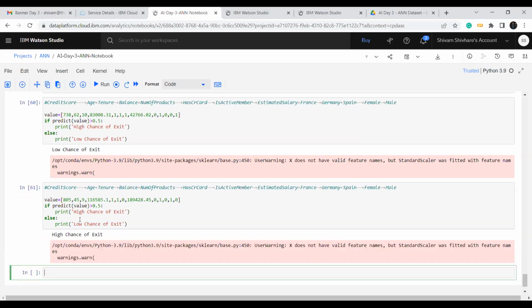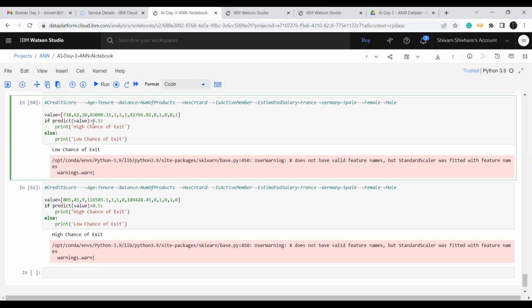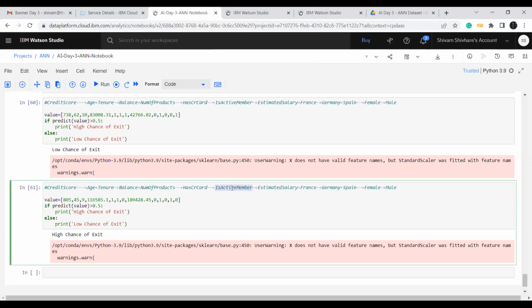And now run it. Here you can see we are having a high chance of exit from the bank for this customer. Based on this data, there are high chances of exit from the bank because he's not an active member. The credit score is good. He can shift and go to another bank. She's a female customer basically. So here you can see who is the loyal customer and who is not the loyal customer